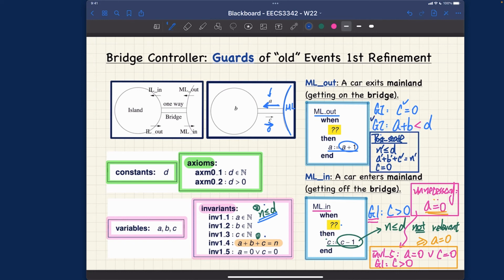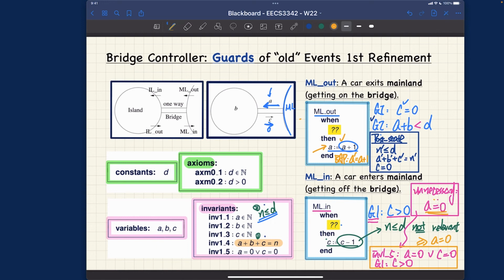Right? But let's see exactly how. So what I will do is I need to talk a little bit ahead of the schedule. I'm supposed to talk about before-after predicates in the next video, but let's talk about it very quickly. Right? We learned about before-after predicates before. So if you think about this particular action, A becomes A plus 1. Obviously, the before-after predicate should be A prime is equal to A plus 1. Right? A prime is equal to A plus 1. What about other variables?